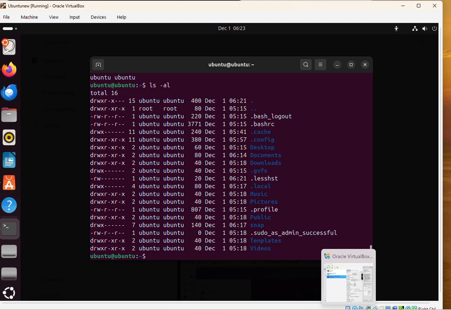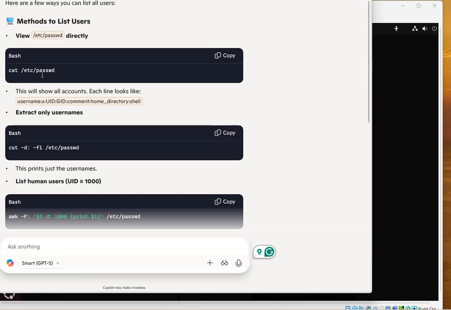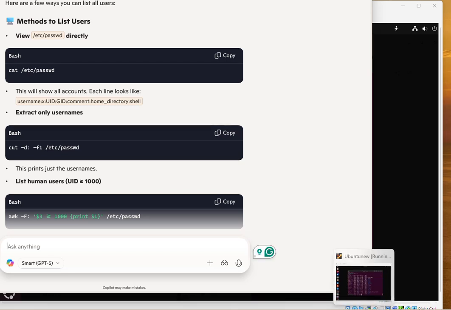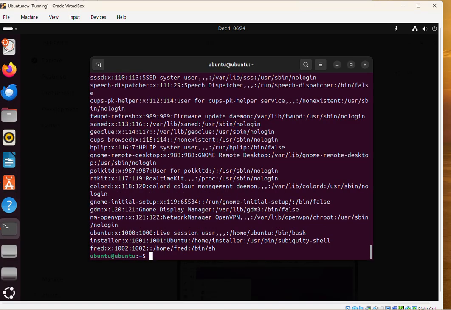Alright, now what are some of the other things it suggested? Okay, we'll try this one, cat /etc/passwd. Okay, so we'll do cat space /etc/passwd, like that. All right, so you can look up how to do Ubuntu, Kali, any other Linux commands you need, and it will tell you usually how to do them pretty easily. And that's what it came up with. If that's any help to anyone,